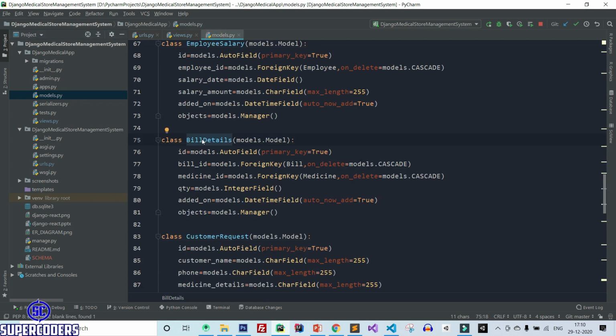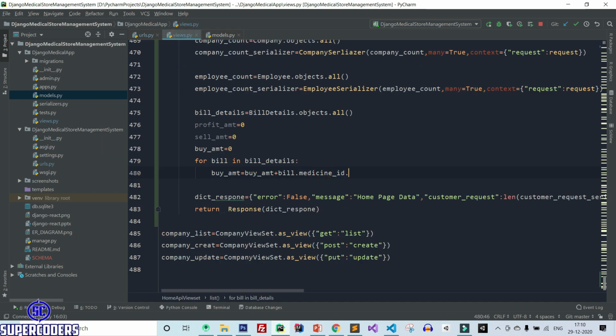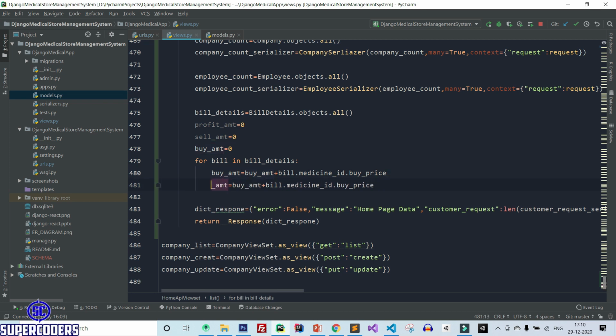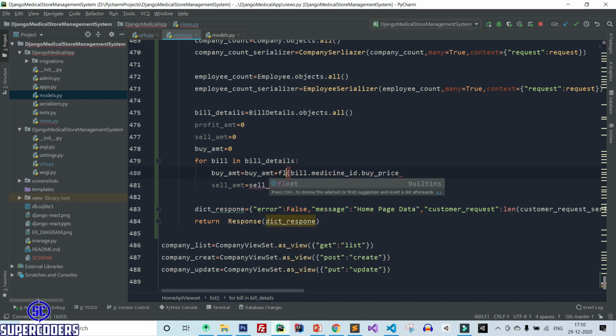So bill detail dot medicine ID dot buy price. Again copy it, this time sale amount equal to sale amount plus sale price, and also convert into integer, or change it to float.